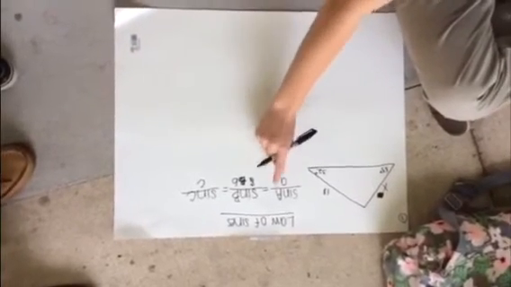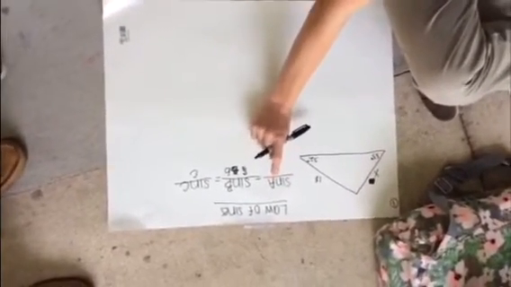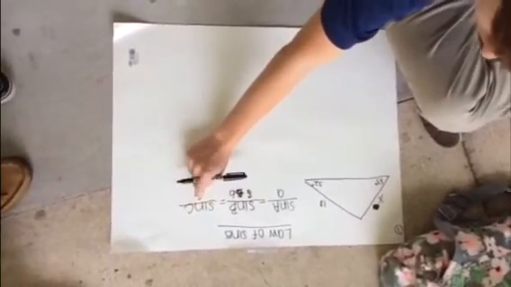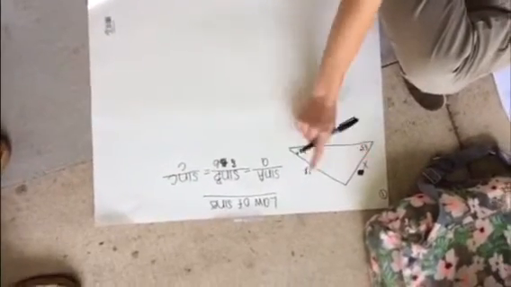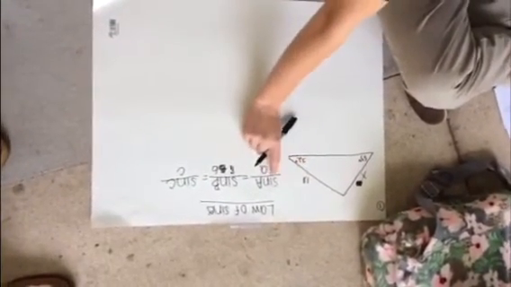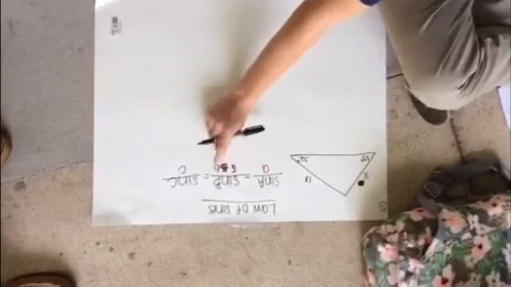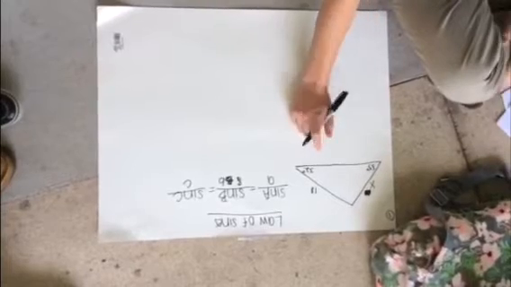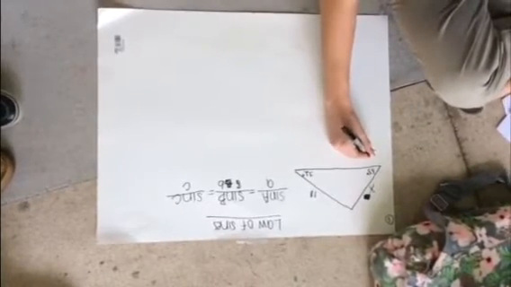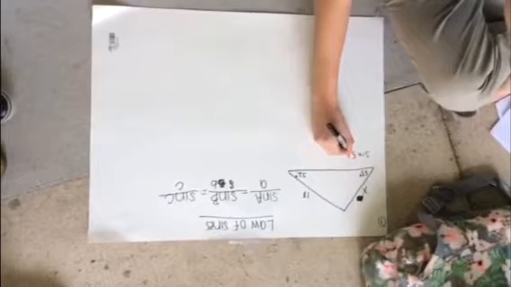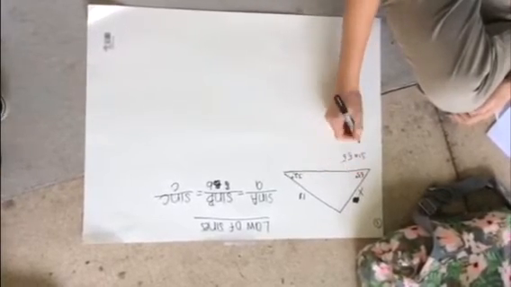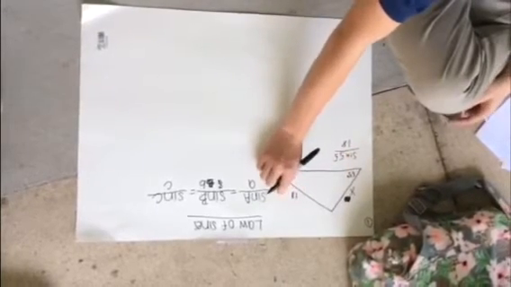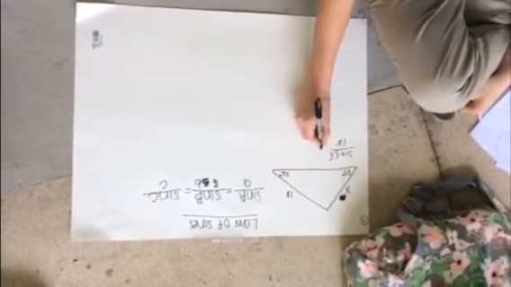The formula for this is sine big A over little a, sine big B over little b, sine big C over little c. And since we only have one side, we're only going to need to use sine big A over little a and sine big B over small b. So it would be equal to sine 55, because that's the degree in it, over 18, because that's the side that corresponds with it, is equal to